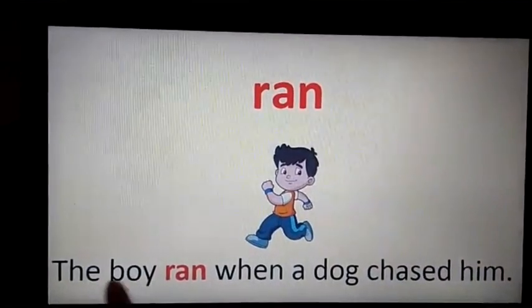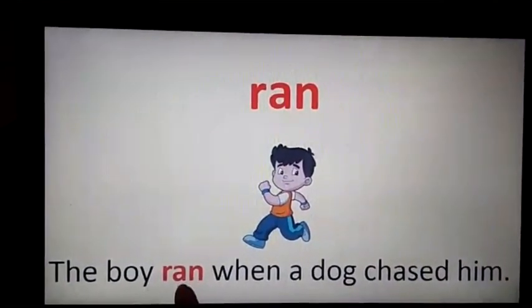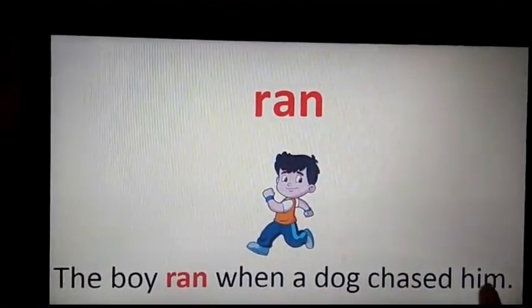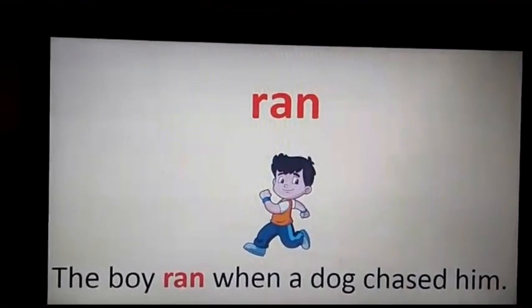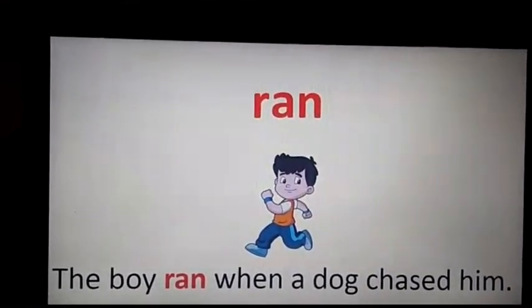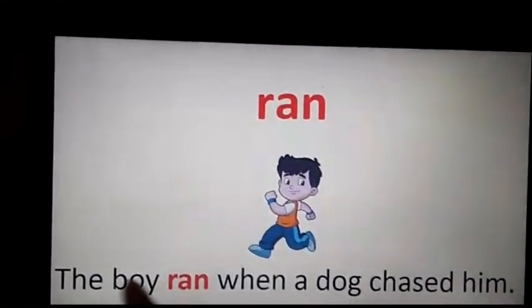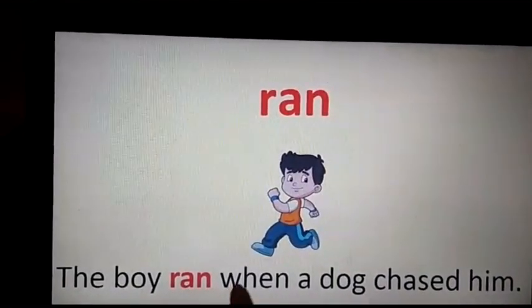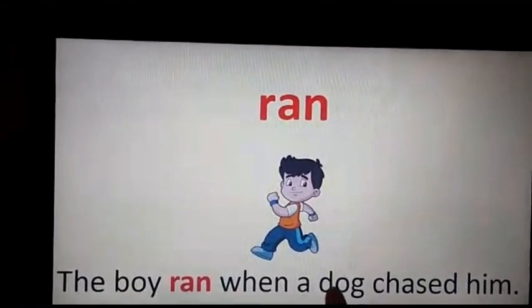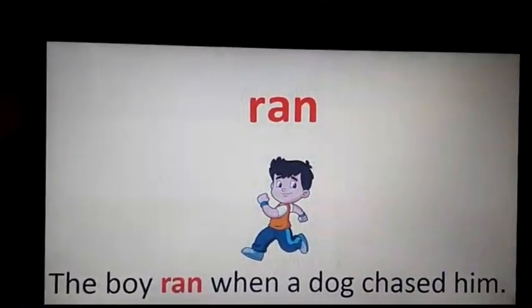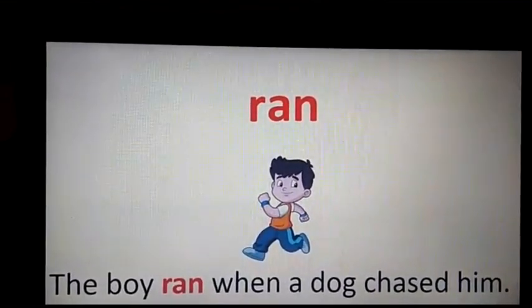The boy ran when a dog chased him. Means a dog was chasing him. That's why this boy ran. Let us read this sentence once more. The boy ran when a dog chased him. Means the boy was afraid of dog.